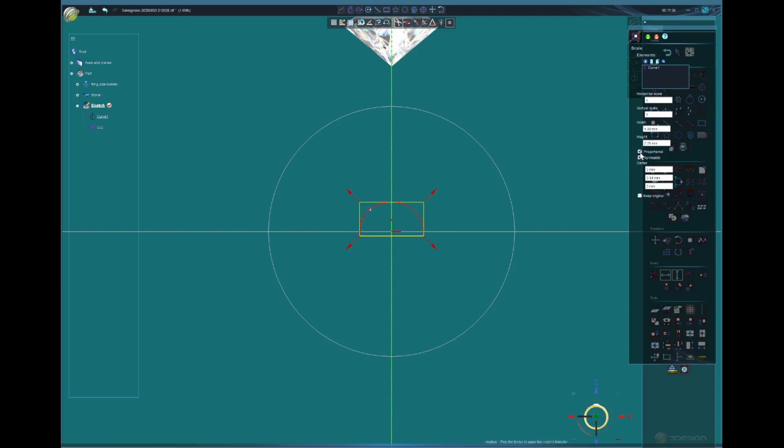So if I uncheck proportional, I am going to do just one side, up or down. If I leave proportional checked, it's going to be both sides. If I uncheck both, I will have just one side moving,